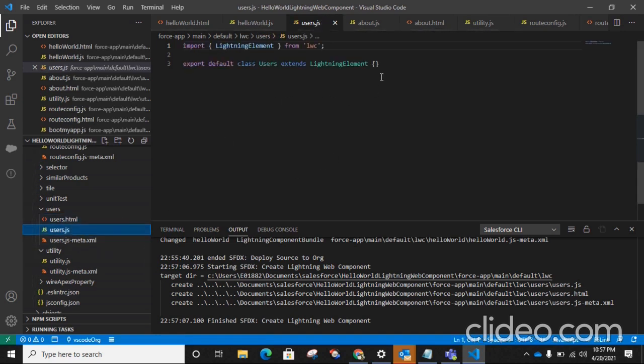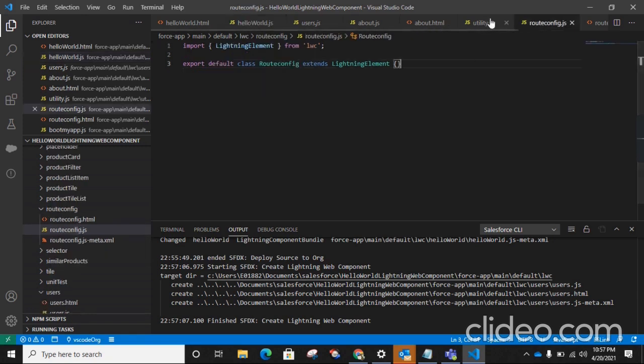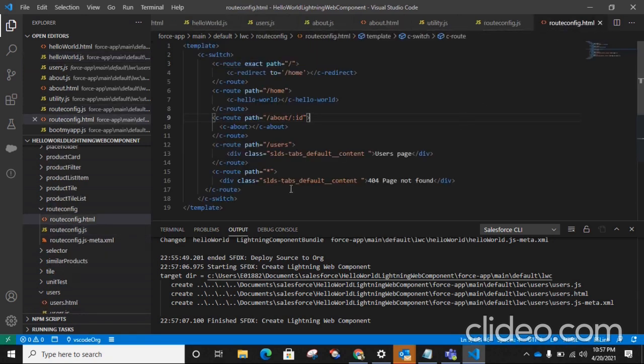In this users component, we will get query parameters, the user's first name and last name. So from the hello world component, I'm changing my route to users. Route name as users. Check in the route config.